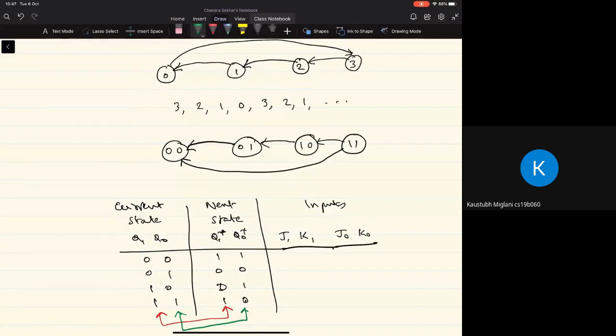Okay, there's a question on how do you set the initial state. I'll come back to it later. Actually, we can apply the corresponding J and K inputs. Let's say if I want the initial state of the flip-flop to be 0, I can apply the 0-1 combination. If I want the initial state of the flip-flop to be 1, I can apply the 1-0 combination and then do that. There are other mechanisms also to do that. We'll come back to it later.